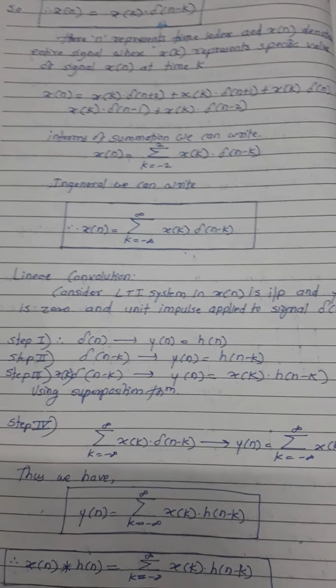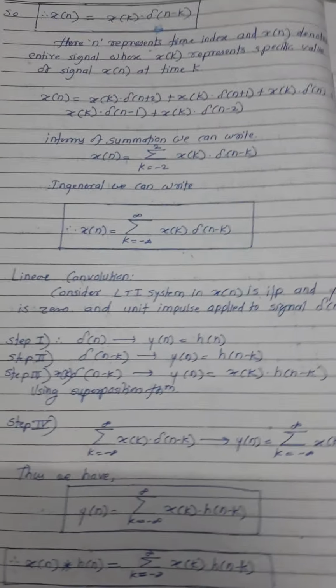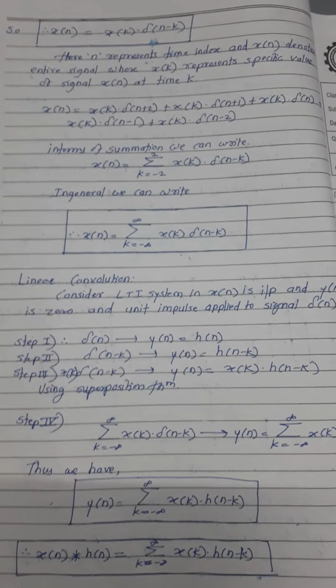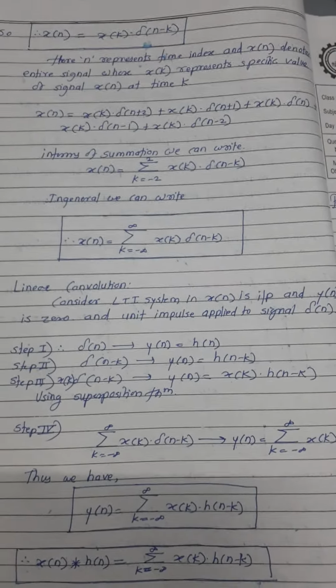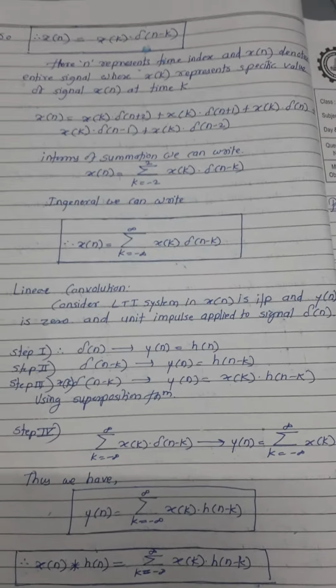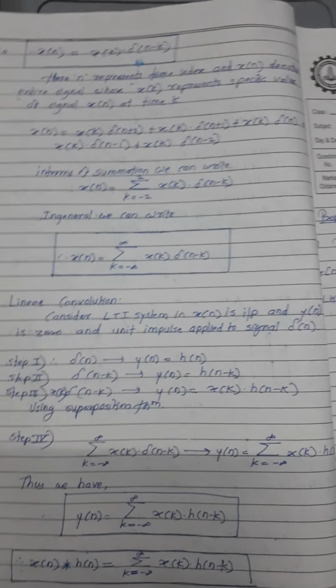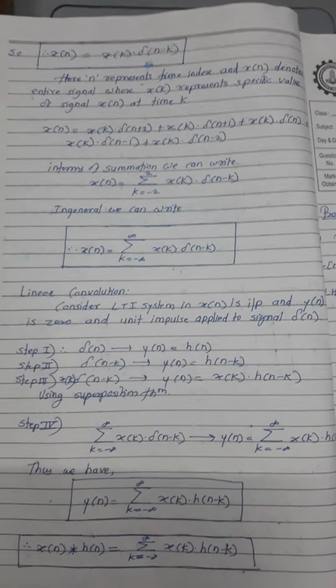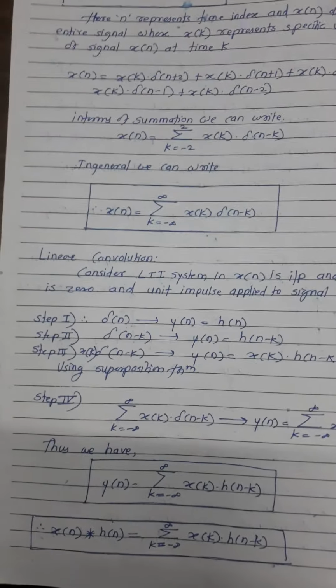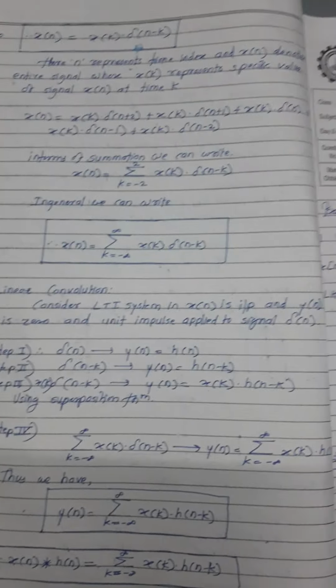If you see the convolution formula, in the representation of steps number 1, 2, 3 and 4, we first have del of n, the impulse signal, then we do the time shifting of this impulse signal, then multiply with the x of k signal, the original signal, and we get the summation over here. So that will give you the total linear convolution equation. Okay.